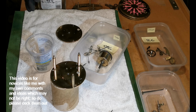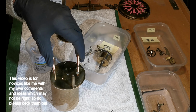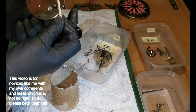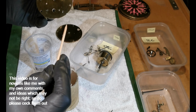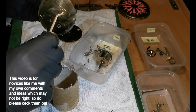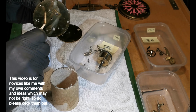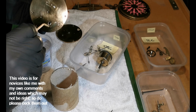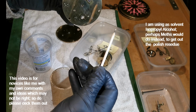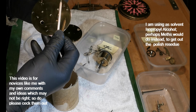Now I want to clean out the pivot holes, and I'm going to do it with one of these little orange sticks which Time for Clocks told me about, so that's what I'm going to do it with. I've impregnated it with a bit of isopropylene, which is a cleaner, and I'm not sure if